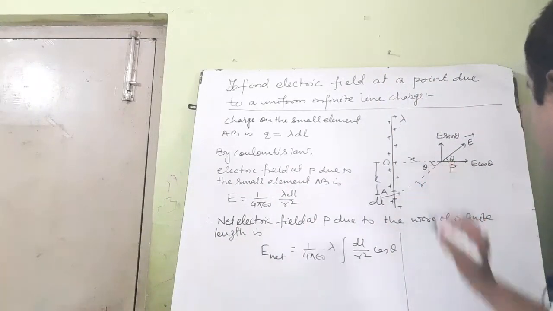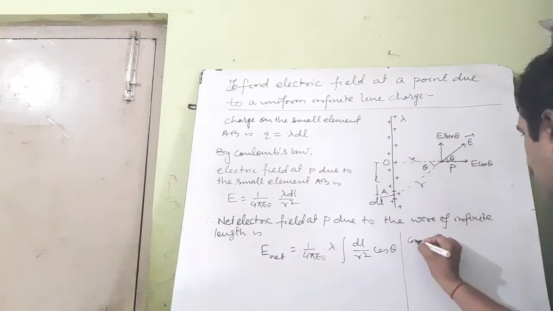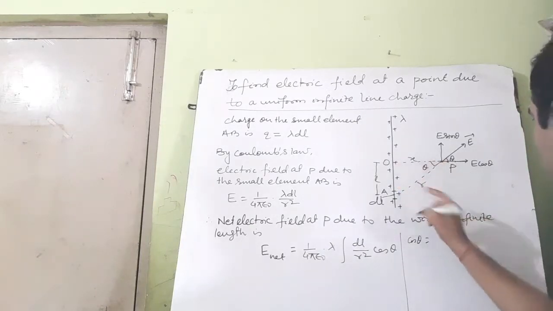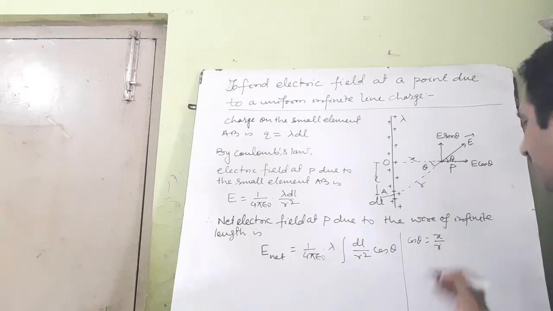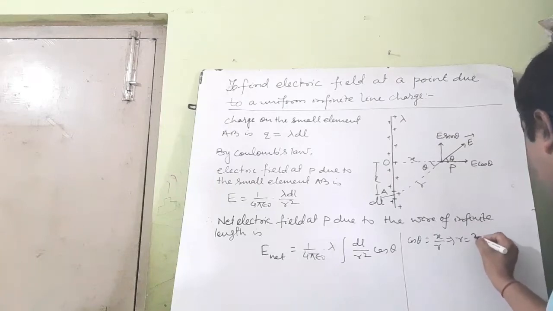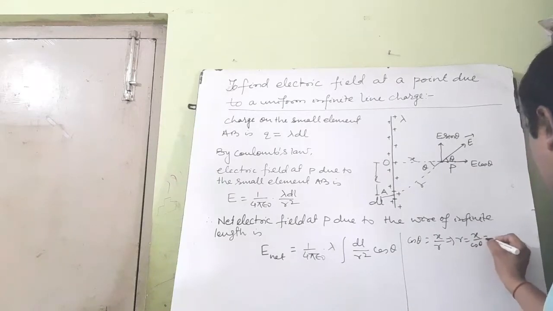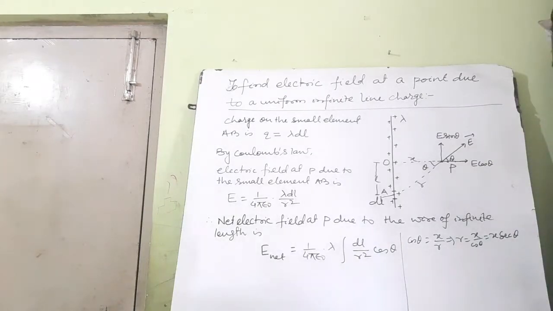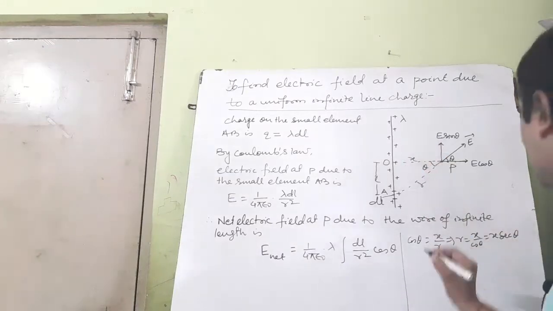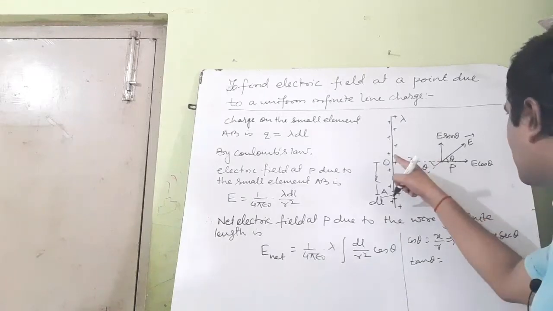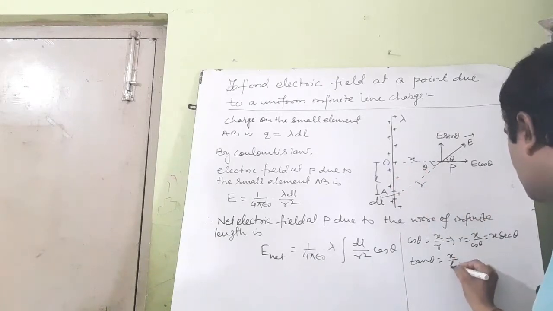from this diagram, cos theta is equal to base x by r, x by r. So this r can be written as x by cos theta, means this is x sec theta. Got it? So r has been changed in terms of theta. Now change L. You know tan theta is equal to x by L.